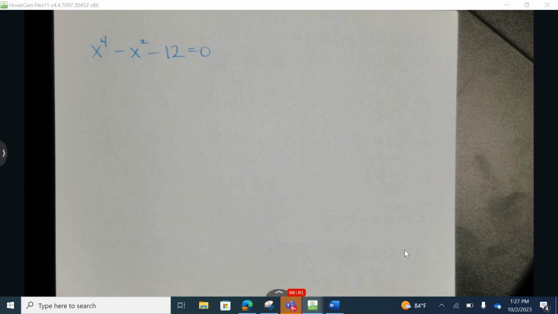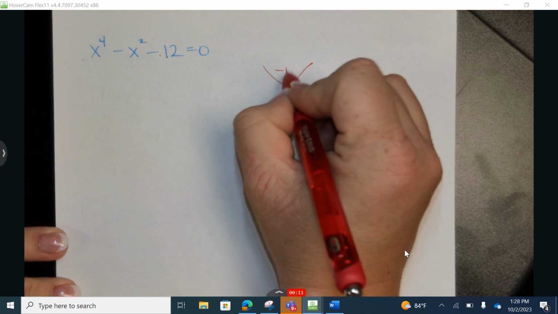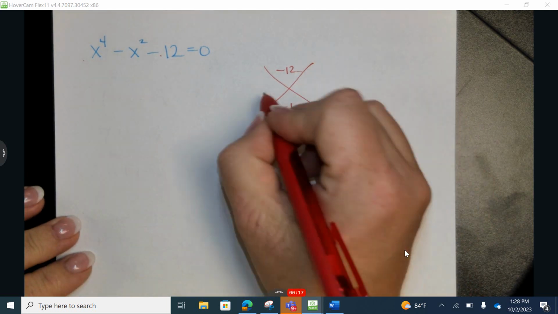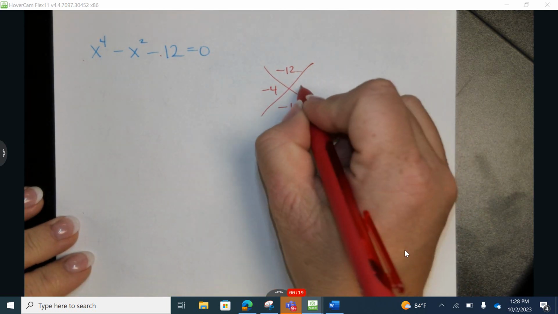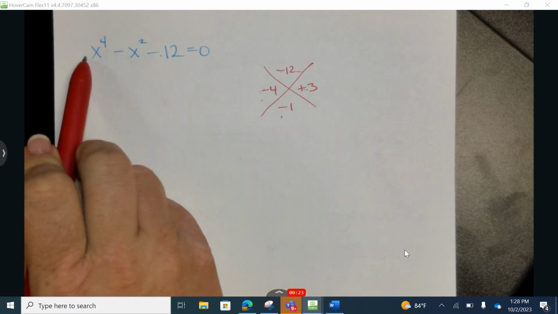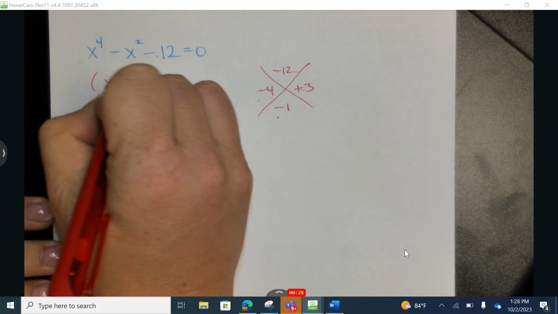To address some of the common errors from higher degree equations, try these problems. Okay, so first I look here and I'm going to try to factor. 1 times negative 12 is negative 12. So I'm looking for two numbers that multiply to give me negative 12 and combine to give me negative 4. That would be negative 4 and positive 3, different signs. Larger number is negative. Now, because the leading coefficient is only a 1, I'm able to do x minus 4